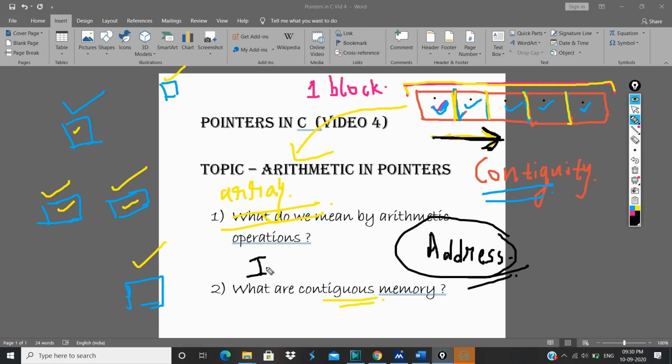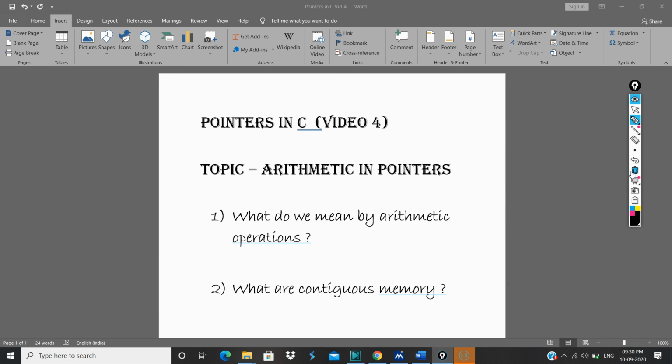If you are comfortable with arrays, these are accessed with the help of an index. So this is what we mean by contiguous memory, and the others are non-contiguous memory. That is it for this video.